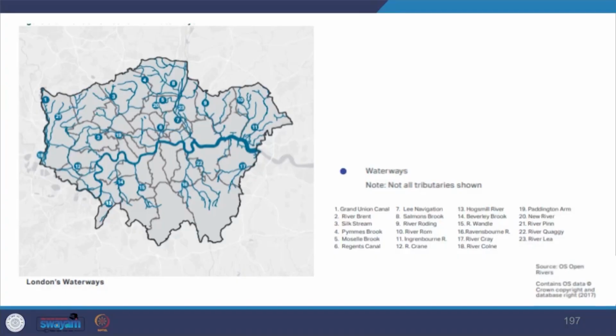Furthermore, they have a strategy for flood risk management, as well as for sustainable drainage, including rainwater harvesting, infiltration techniques and green roofs. We see that they have strategies for waterways, which play a very strategic role. Waterways have also been used for recreational purposes. So this was about the strategies that the London Master Plan is taking care of.